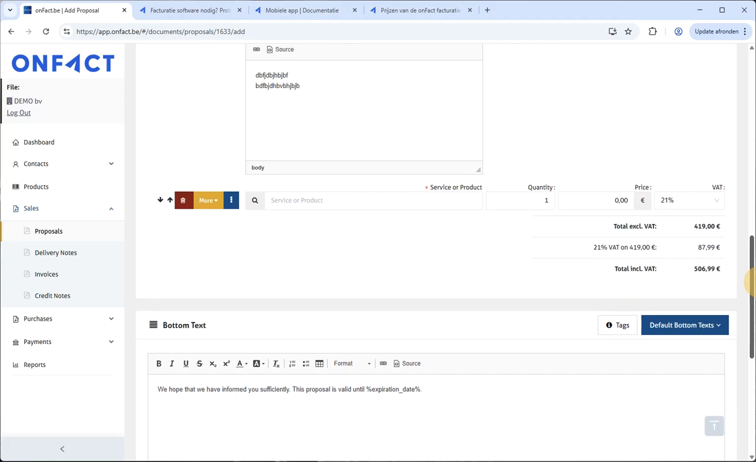When you're finished adding your different lines, again, this is a simple input in onFact. You can also add product numbers, product photos, different translations, units of measure. All these things can be activated in the applications and connections section. But here we talk about a very basic input if you would get started with the program right away without activating any other modules. So continuing after our different lines, we move to the bottom text,